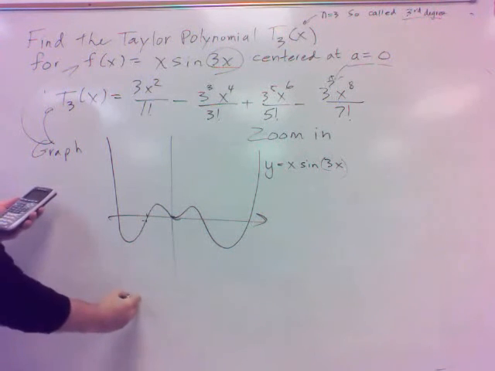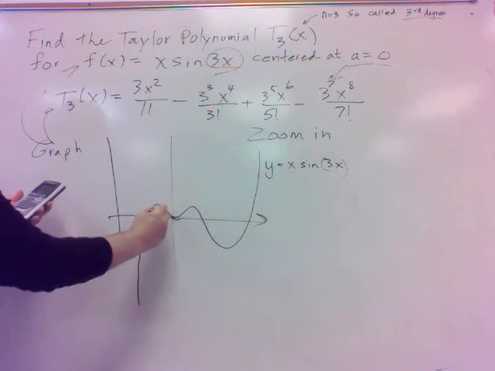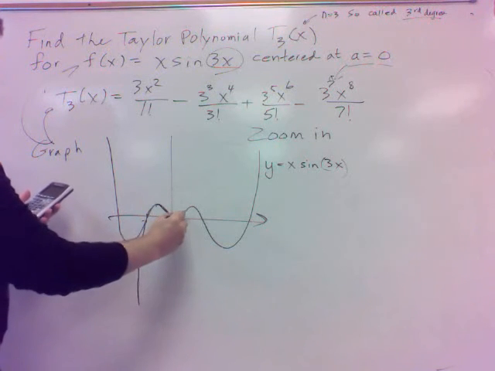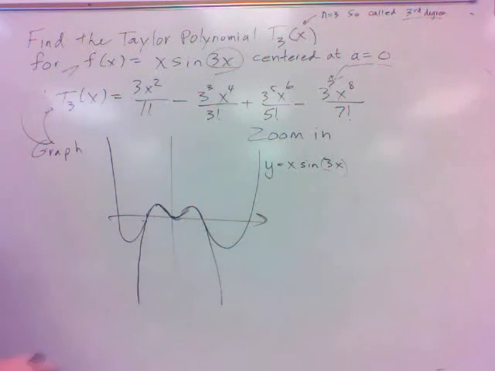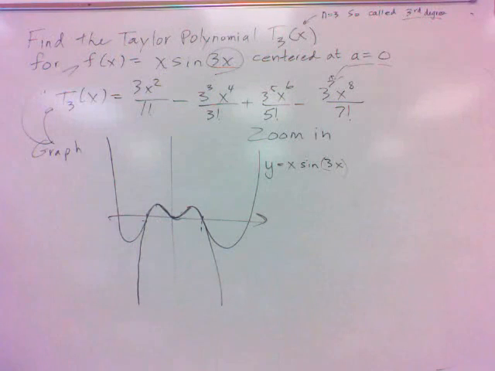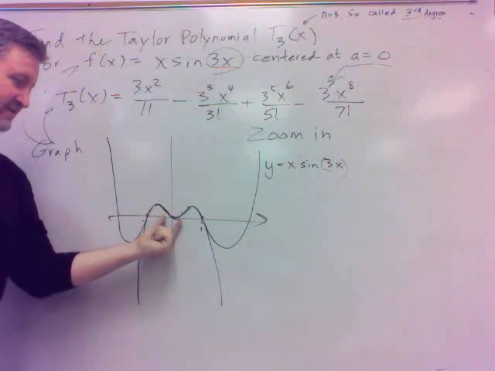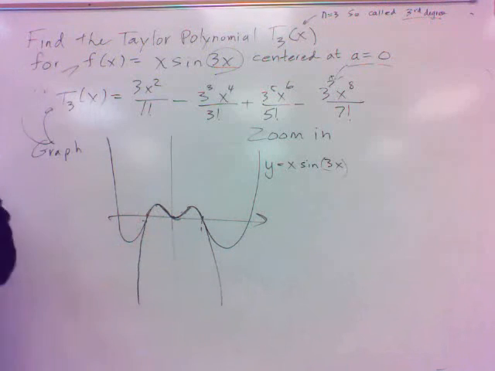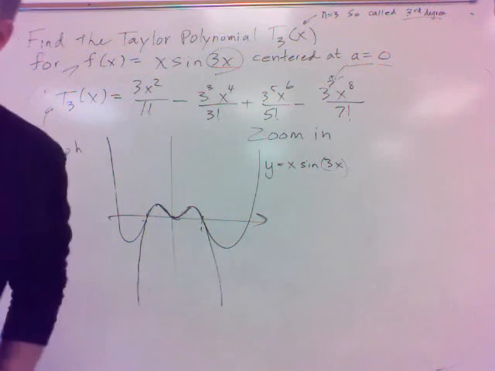About at negative 1, this Taylor polynomial comes in, and I'm not seeing a whole lot of difference until you get out here to positive. It's doing a pretty good job of mimicking x sine 3x right here, centered at 0, matter of fact, from negative 1 to positive 1, which, by the way,